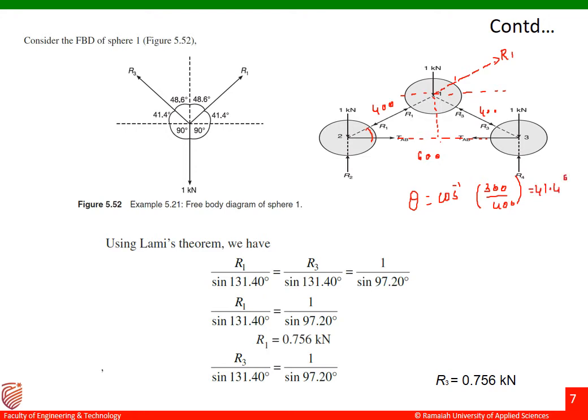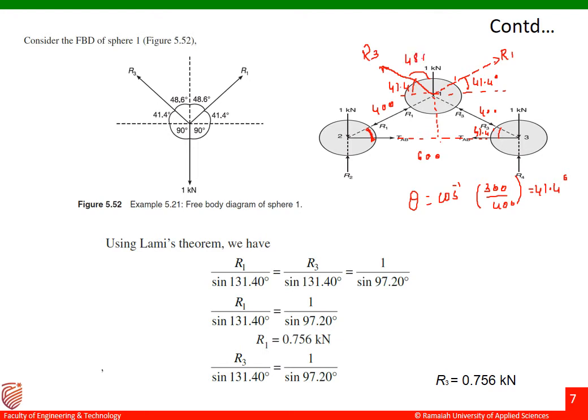So you'll get the answer for theta as 41.4 degrees over there. So if this is 41.4, this will also be 41.4 degrees over there. Fine. So this angle is known to us. Now we have to see what is the angle made by this R3. Okay. So this is R3. So if this is 41.4 degrees, this will also be 41.4 degrees.